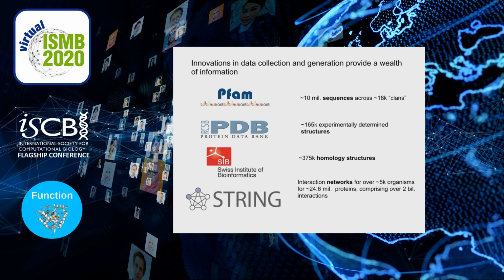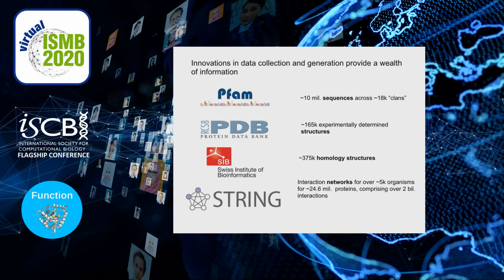Presently, we have access to a large swath of protein data. The PFAM database is composed of over 10 million sequences. We have over 165,000 experimentally determined structures. We have close to 400,000 high-quality homology models. And the STRING network database contains billions of interactions across millions of proteins